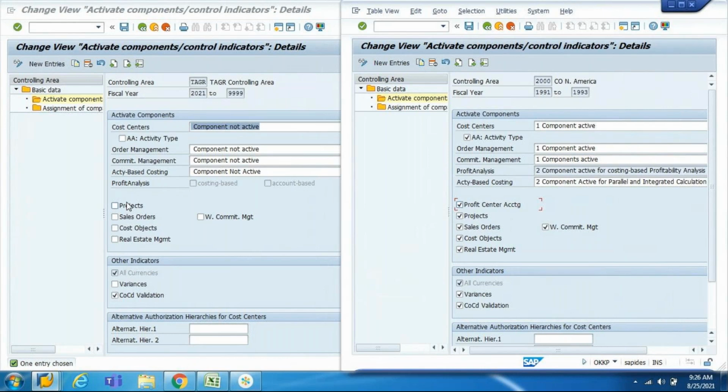Now profit center is no longer part of your controlling area activate components. It is part of a different configuration, 0KE5. So in ECC, if you activate this, it will be active by default. But in S4HANA, this has to be activated at controlling area level with a different configuration, 0KE5. 0KE5 is there in both S4HANA and ECC. But in ECC, you can activate profit center accounting with this checkbox here also. But this is now removed in the S4HANA system,